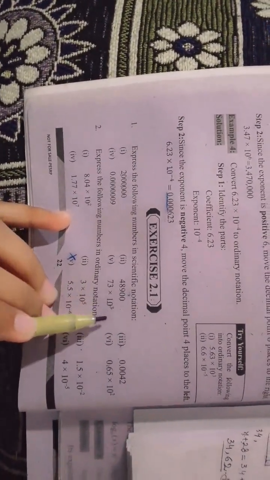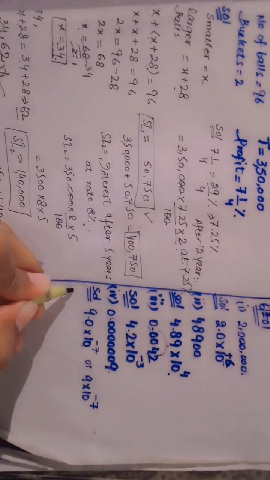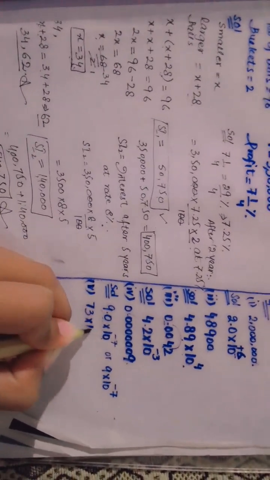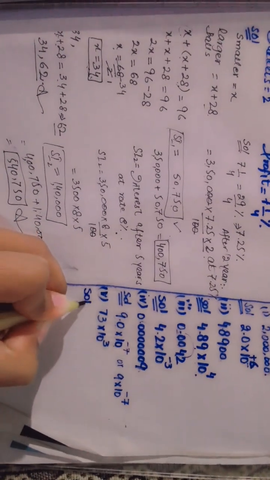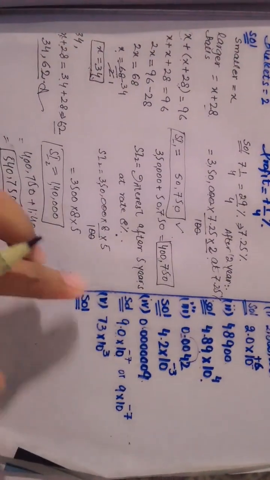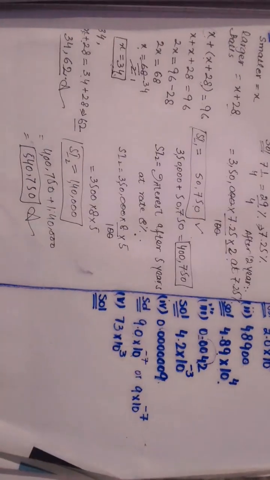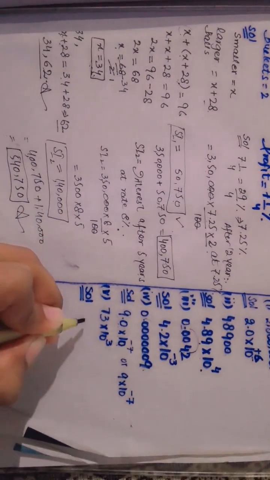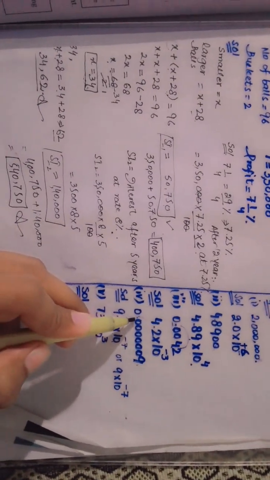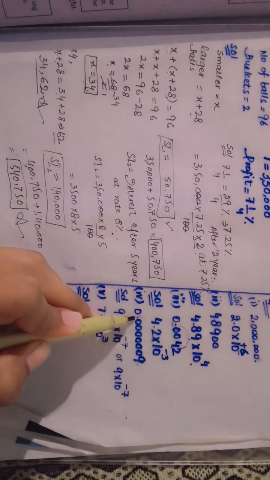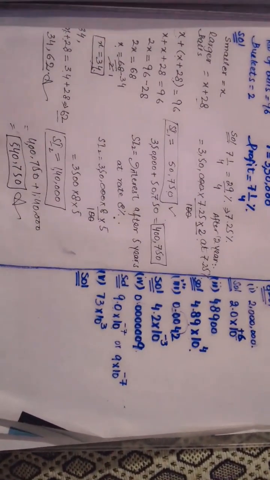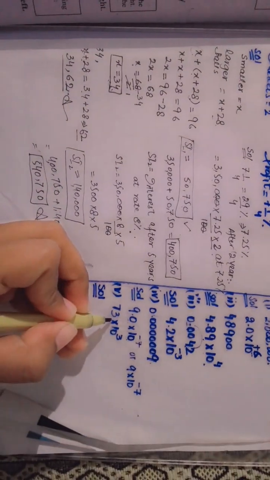So let's start करते हैं क्वेश्चन नंबर 5. क्वेश्चन नंबर 5 है 73 multiplied by 10 की raise 3. Now if point is not indicated, we can conclude that its point will be on the right side, always present on the right side. If the point is represented on the left side, it will be on the left side, but if it doesn't mention the point, we will suppose that point always will be on the right side.